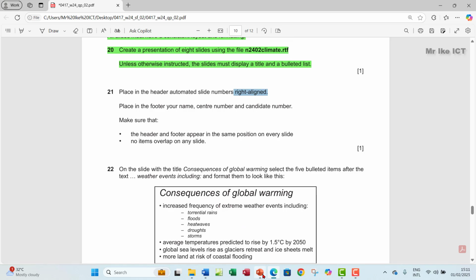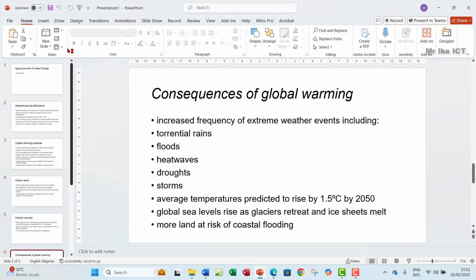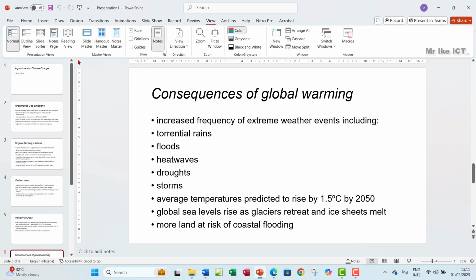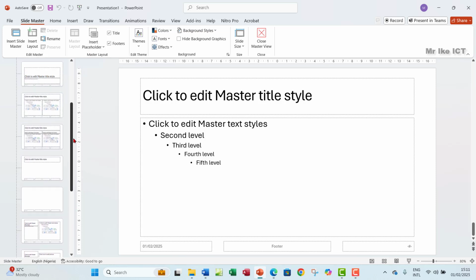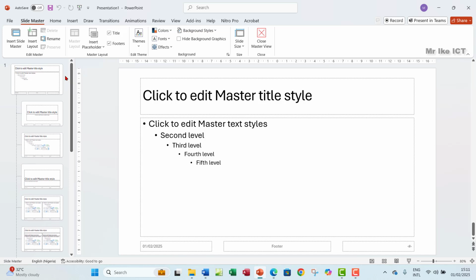So what you want to do is you want to use the slide master to do that. So you go to view, and then slide master. Now when you are in slide master, this is very, very crucial. You have to make sure that you click on the first slide. The first slide is actually called the slide master, and whatever change you make here will affect the